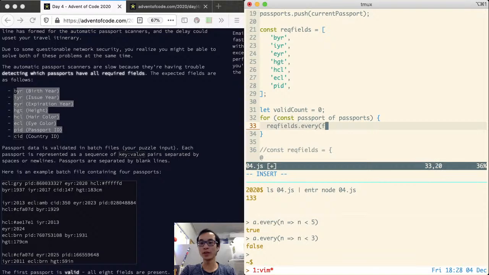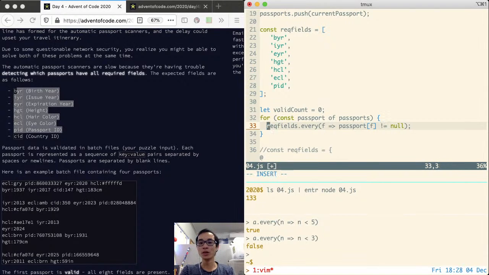So this is field F. Does passport contain that field? And the one way you can check if it contains that field is you ask if it equals null. If you know that every field is not supposed to be null, you can check for null. So this statement right here will say that if for every field in here, if the current passport has every single field, right? If all of these fields are not empty, are not null,